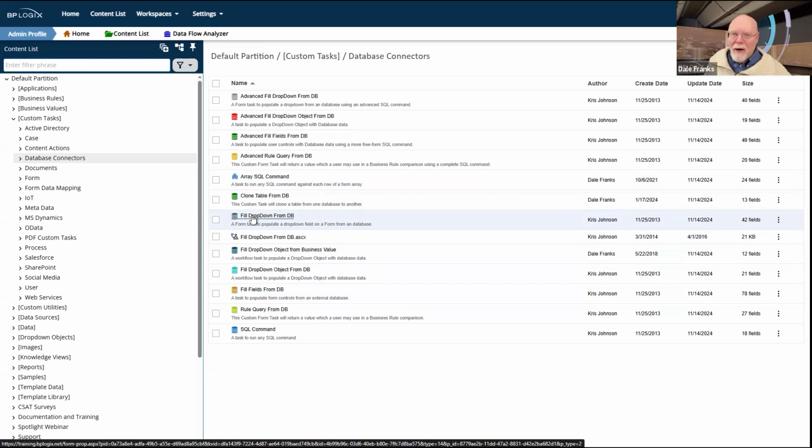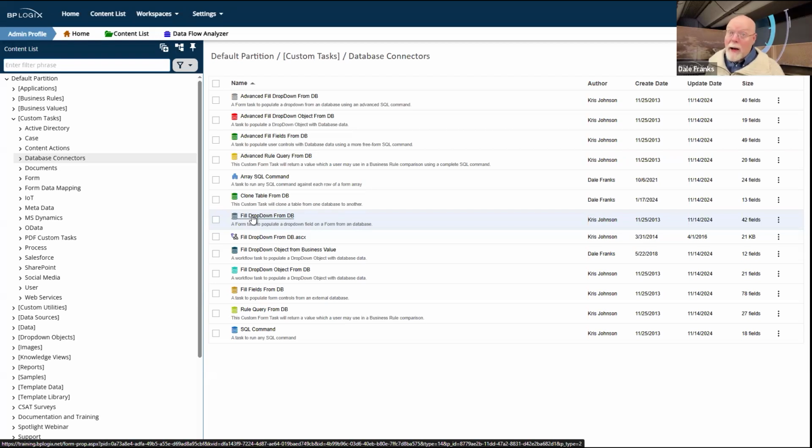So if you had a dropdown where all of your office locations were listed in a database, or all of your departments or whatever, and you wanted to retrieve your departments, then every form where you had a departments dropdown, you would have to configure this custom task and you'd have to rewrite the same SQL statement. And that is super tedious. You don't have to do that anymore. So most of these database connector custom tasks are just not all that useful anymore.